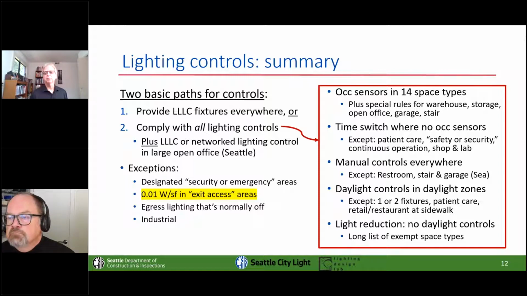Occupancy sensors in most kinds of spaces, and automatic time switches and manual switches and daylight controls. All that would be required. And even then, if you're taking that second path, large open office areas in Seattle need to be LLLC. In that list of exceptions, I just wanted to highlight one of them, that